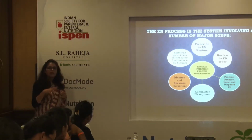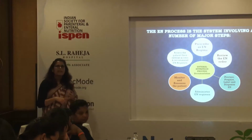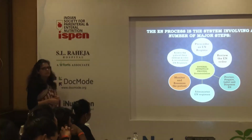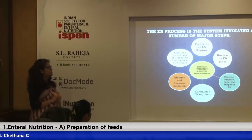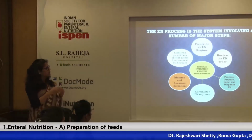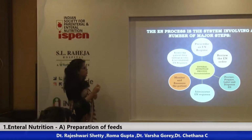Assess the patient, keeping in mind or collecting the data of the patient history, medical condition, biochemical parameters and anthropometric measurements or any other test done. On the basis of the assessment done, we prescribe an enteral nutrition regime. We review the order, then as per the regime, the enteral nutrition supplementation is procured,